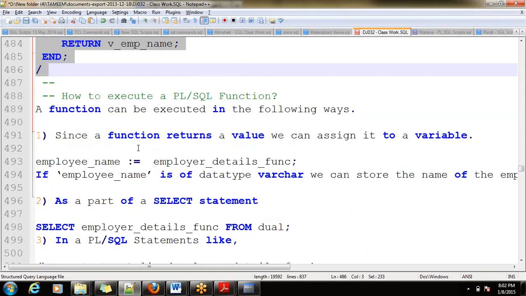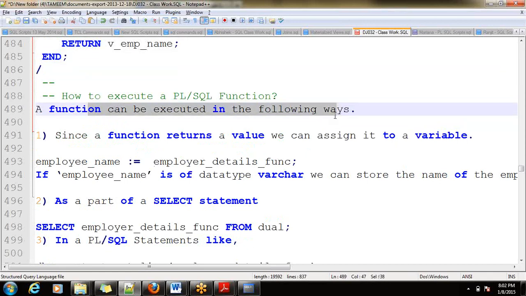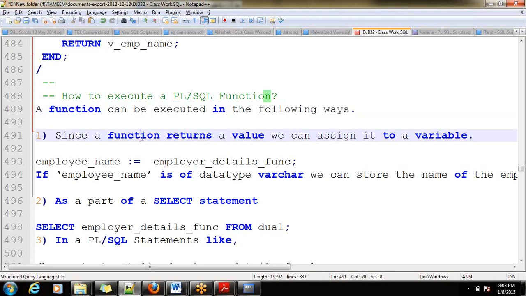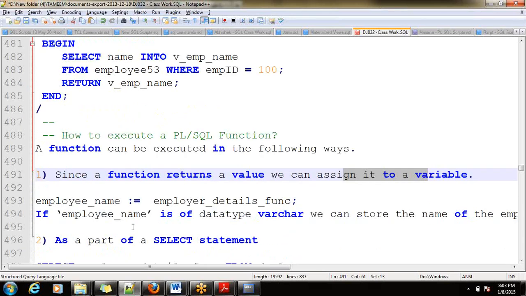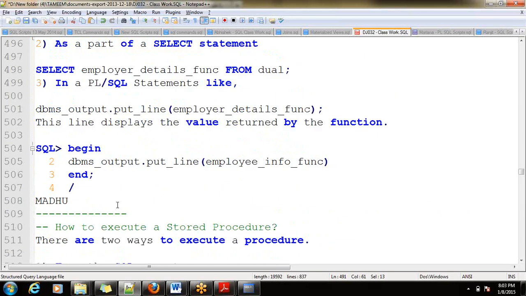So how to execute this function? A function can be executed in the following ways. Since a function is returning a value, we can assign it to a variable. Let me execute one by one.